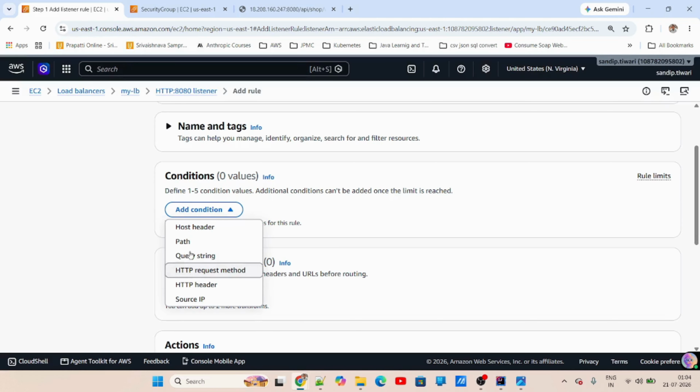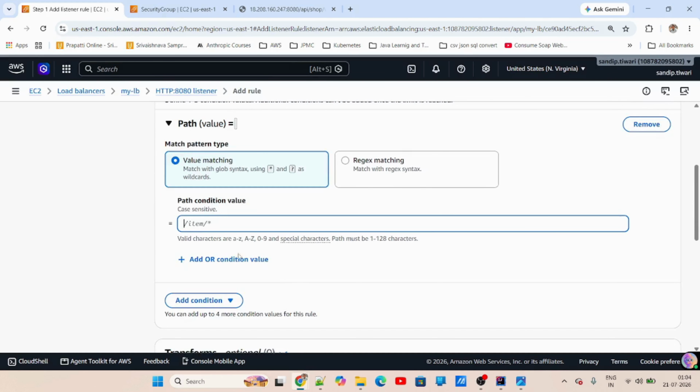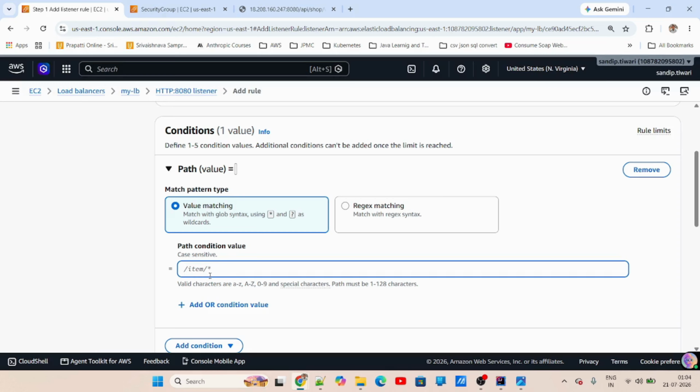You can set the source IP. You can set the host header using the header method, using the request method. So there are a lot of options using which you can actually do routing. So this is just used for routing. See, I'm using path for now. I'm using path. So my path is, okay,